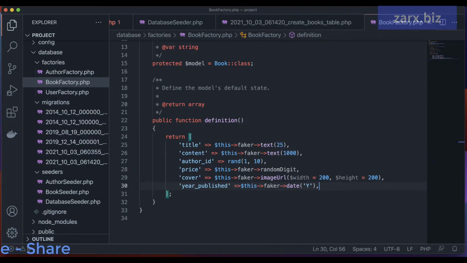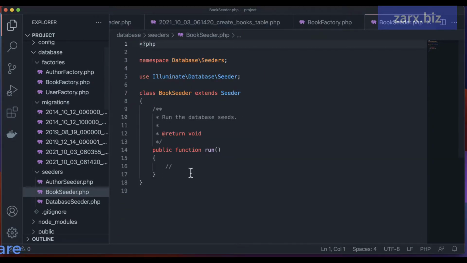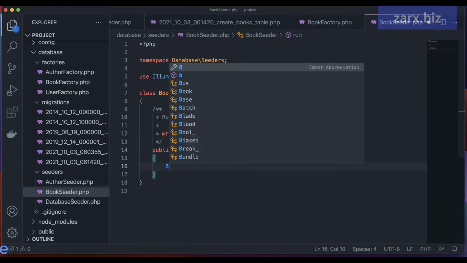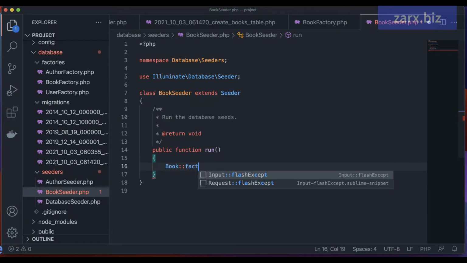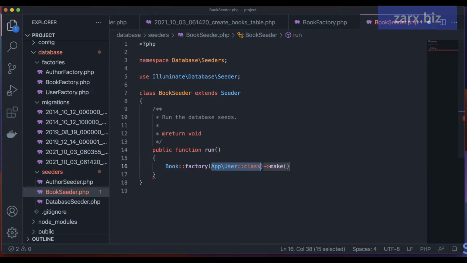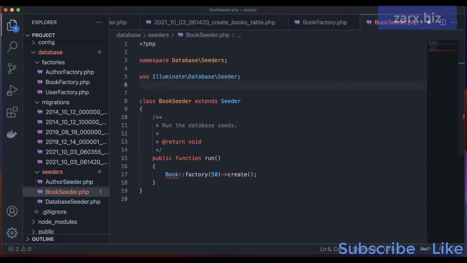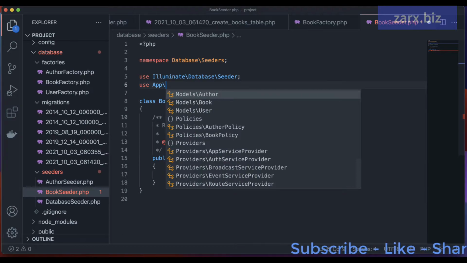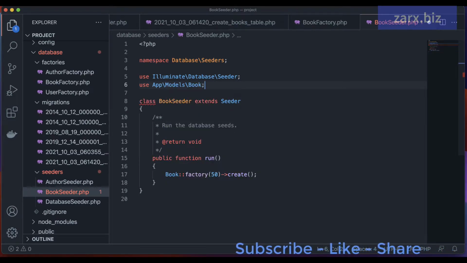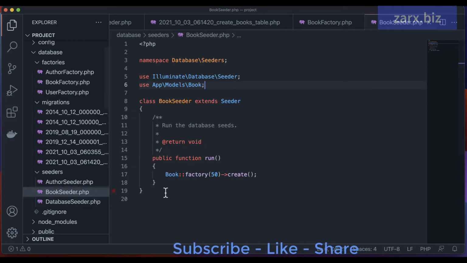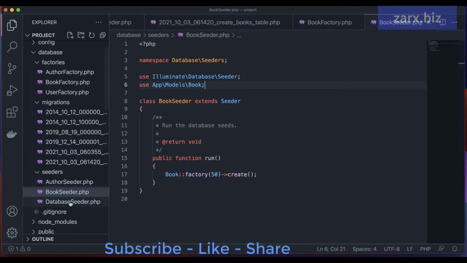Now what we need to do is go inside the books seeder, and here we need to call Book factory, 50, and I say create. Instead of using make, we use this method. Now we don't have Book, so we need to include it: use Book. Alright. Okay, now at last we need to call the book seeder in the database seeder, if you remember,